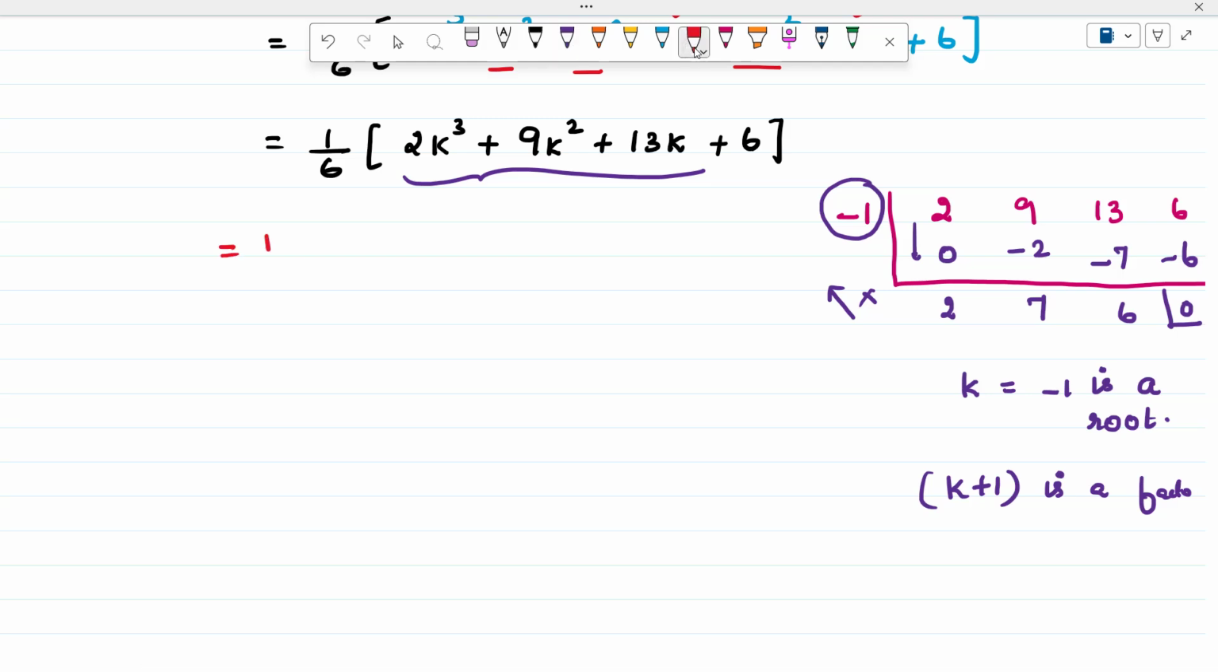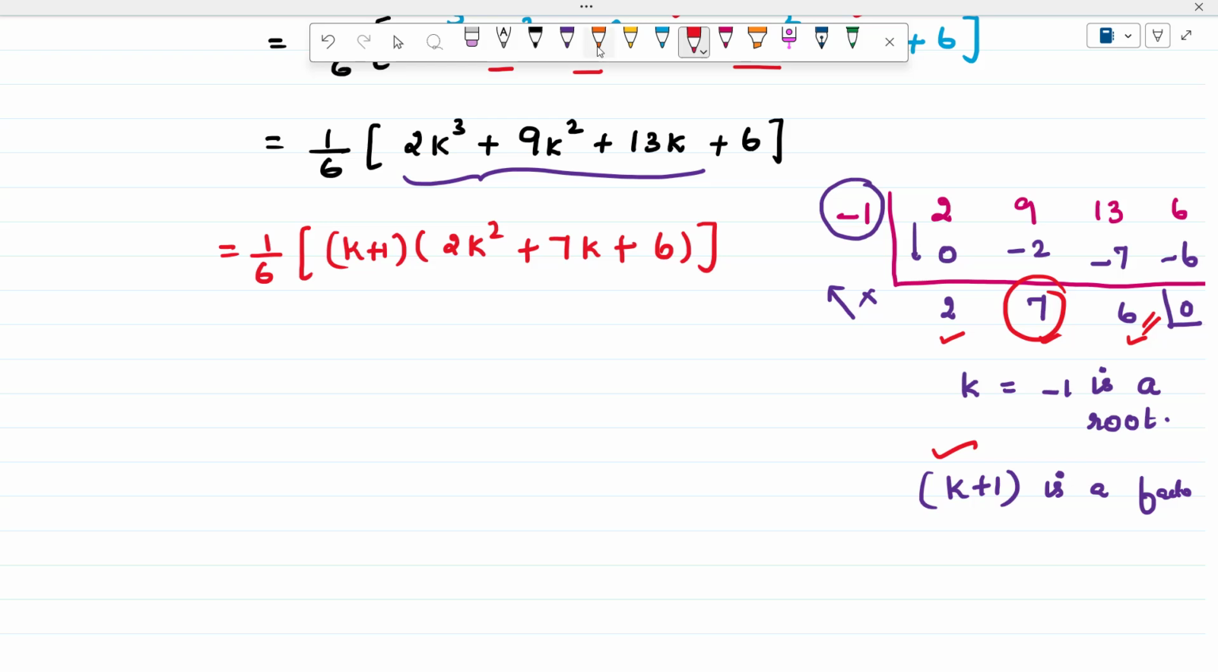reduces to 1 by 6 into, for 2k cube plus 9k square plus 13k plus 6, we have calculated one factor as k plus 1. Therefore k plus 1 into, the remaining factor, here we get the coefficients as 2, 7, 6. Therefore the cubic function now reduces to a quadratic function: 2 into k square, plus 7 into k, plus the constant term